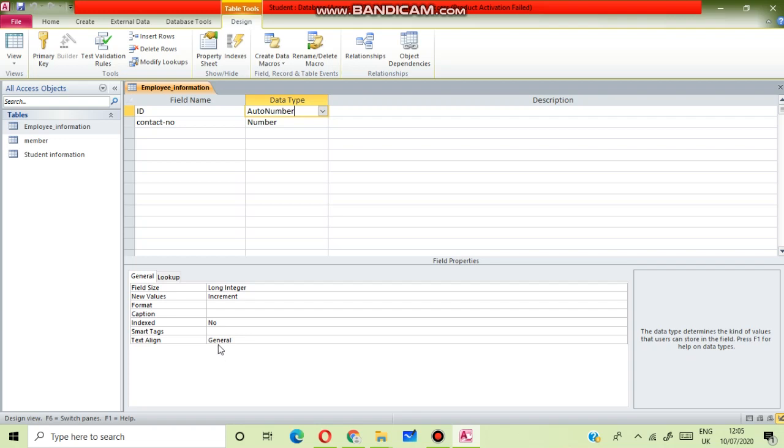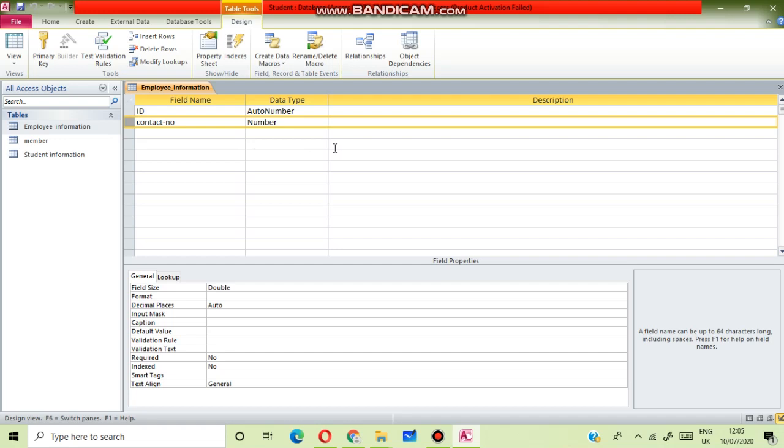In design view, the selected field appears in the property area. Suppose I have selected contact number and the data type is number. So you can see the field properties of contact number.